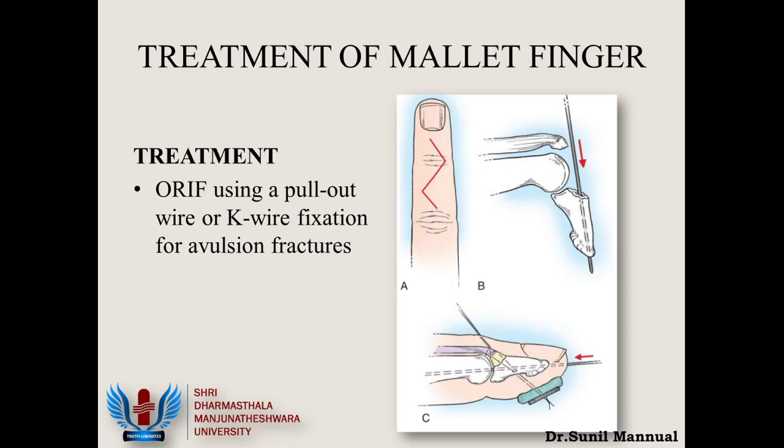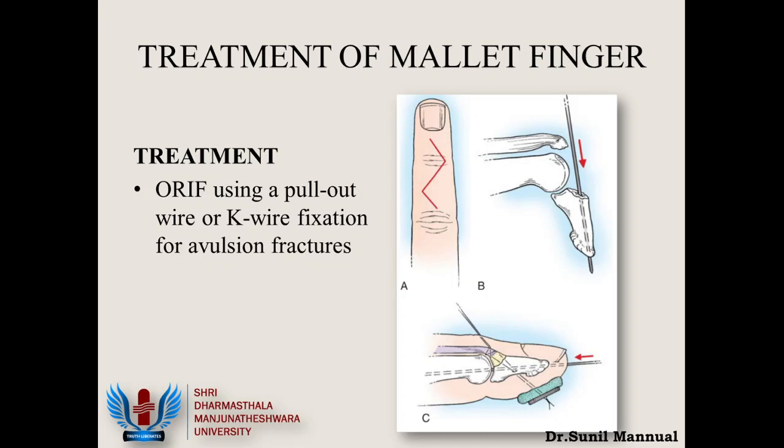Why this is a second class surgery is any surgery done at this level is going to cause extreme amount of stiffness. So I would also want to do this surgery only in a patient who is going for a swan neck deformity. And why the patient is going for swan neck deformity is because the patient was non-compliant with the splint which was initially prescribed to the patient. It's as simple as that.